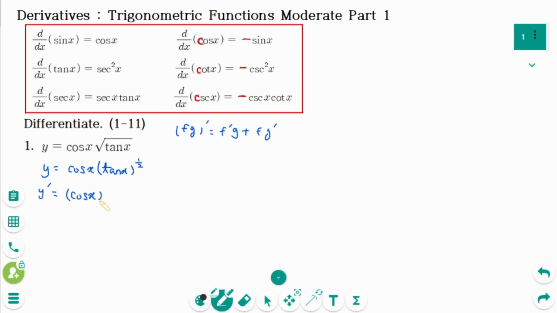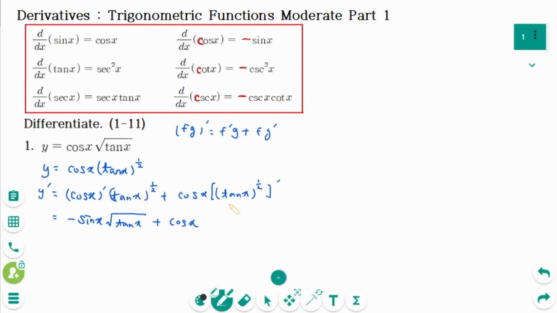(cosine x)' times tangent x to the power of 1 over 2 plus cosine x times (tangent x to the power of 1 over 2)'. Then (cosine x)' equals minus sine x, times tangent x to the power of 1 over 2, which is the square root of tangent x, plus cosine x times